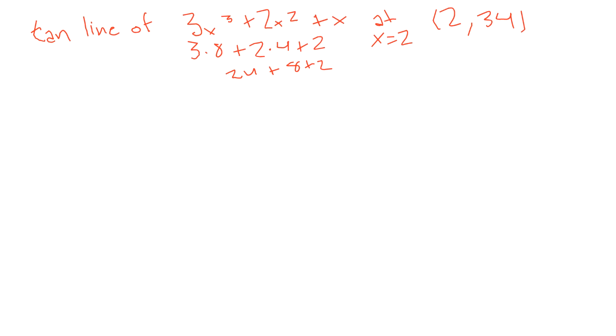is we're going to have our limit as h approaches 0, and then we're going to have our f of a plus h, or in this case 2 plus h, which is going to be 3 times 2 plus h cubed plus 2 times 2 plus h squared plus 2 plus h minus,